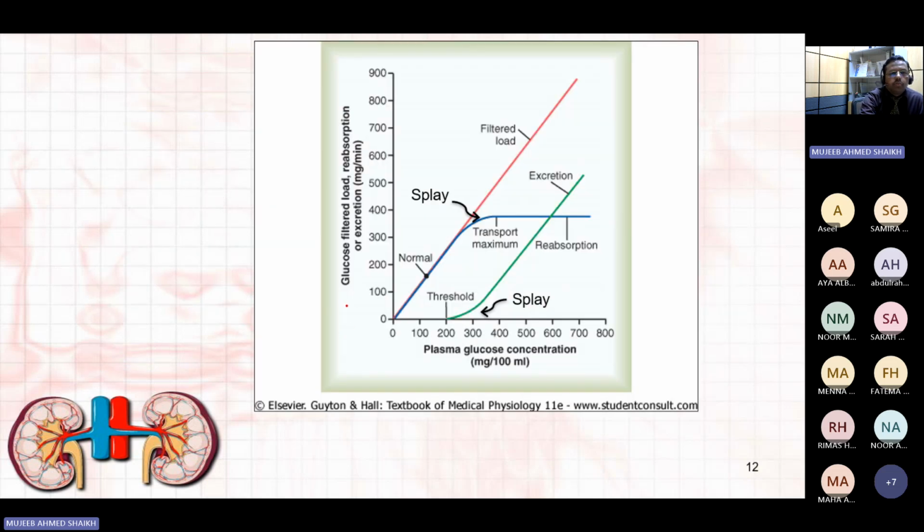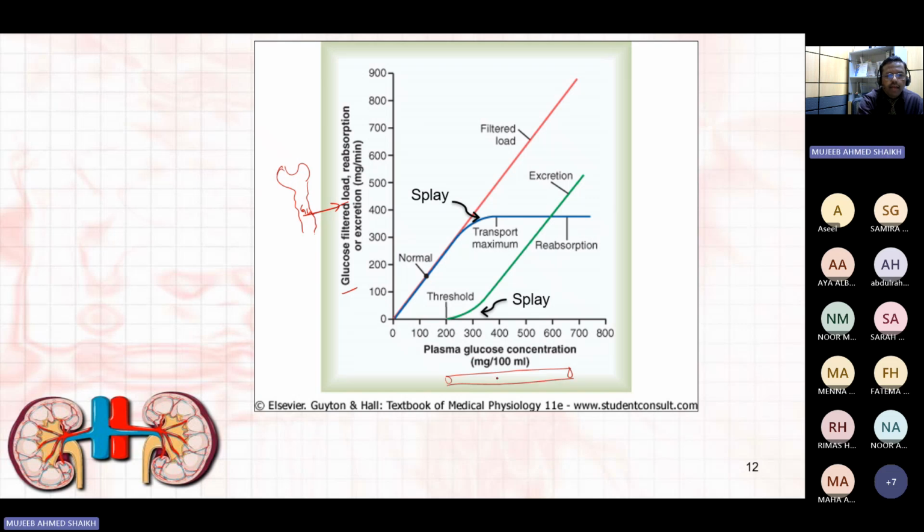This graph shows the glucose filtered load, how much glucose is coming into the tubule. This is the nephron and this is the proximal convoluted tubule. We plot how much glucose is filtered, the glucose load, on the y-axis, and the plasma glucose level, that is the glucose present in the blood,